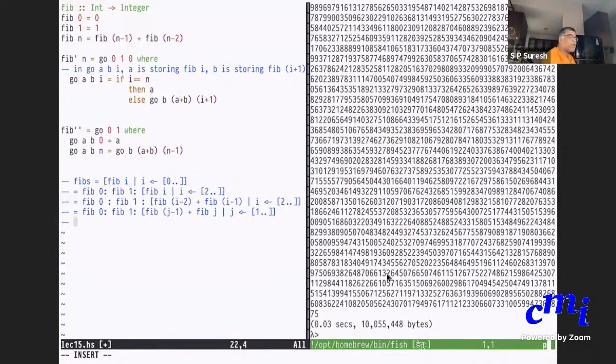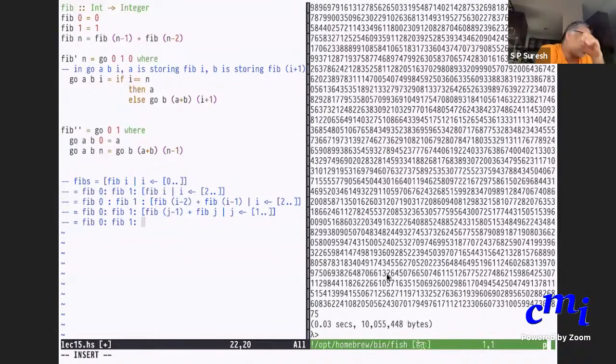Now notice that this is a large list where each element is some expression, fib j minus 1 plus fib j.